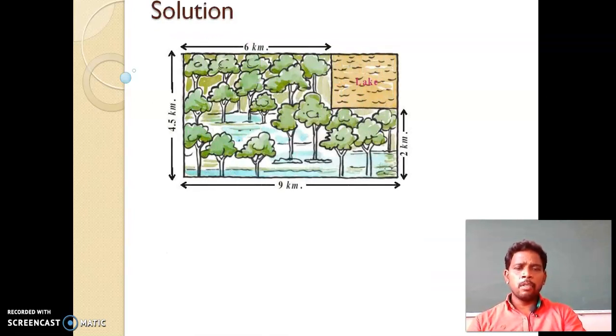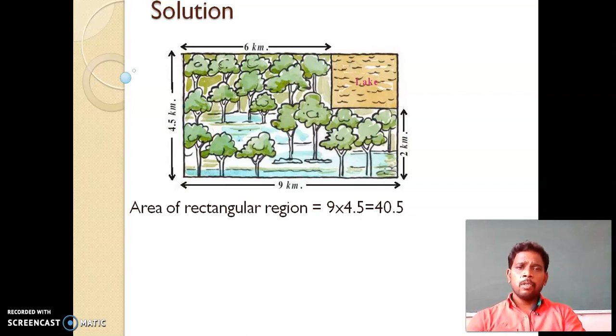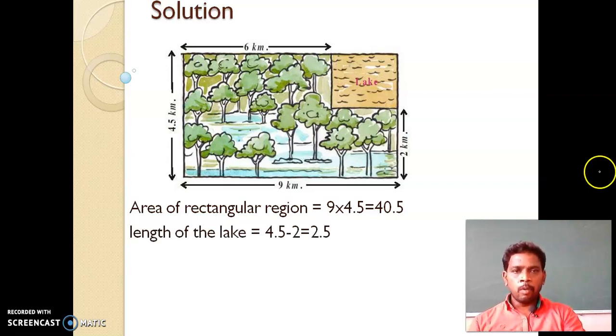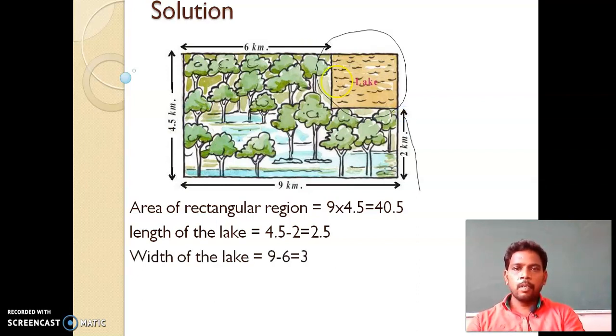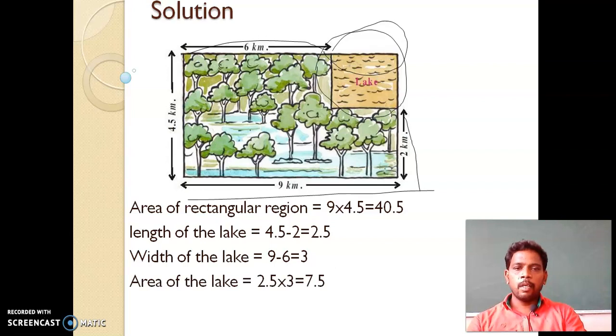It is a rectangular region, so we have to find its area. Multiply 9 into 4.5, that is 40.5. Now we are going to find the dimensions of the lake. The length of the lake is 4.5 minus 2, that is 2.5, because from here to here is 4.5 and from here to here is 2. And what about the width of the lake? Totally here 9, and if you subtract from here to here, that is 6, the remaining is 3 kilometers. Now the total is 7.5. So the answer is 5 by